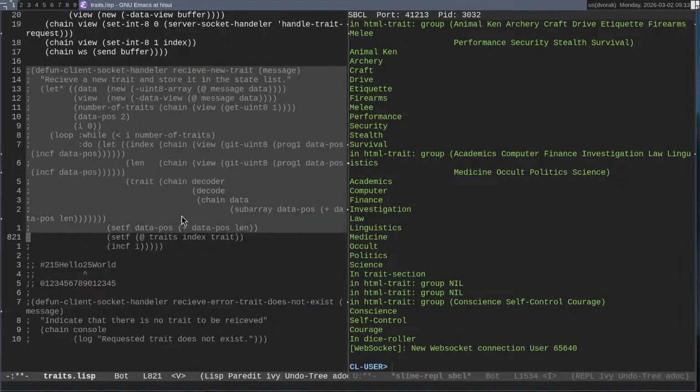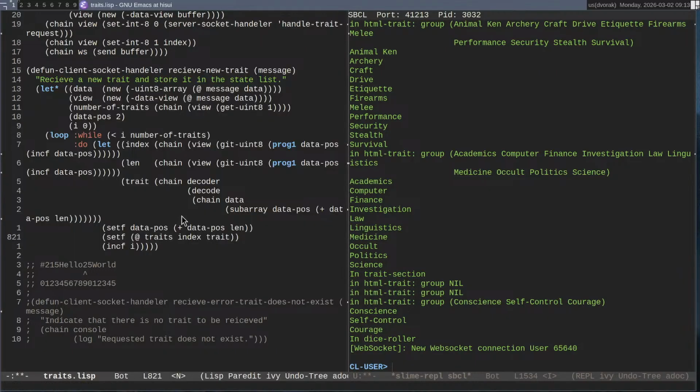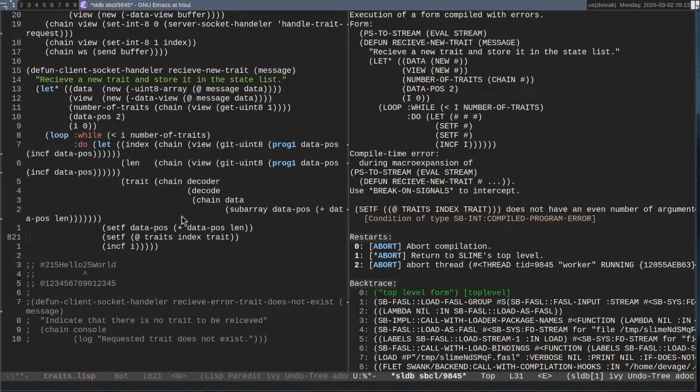What happens when we receive a new trait? This is what wasn't working. Brilliant. Execution of a form compiled with errors. PS to stream, eval stream, receive new trait. And this is my Parenscript. Yeah.